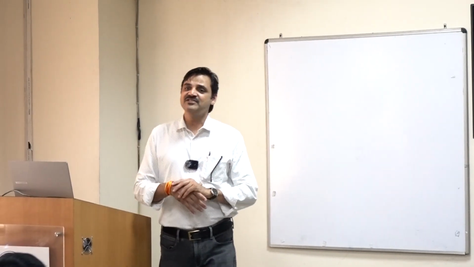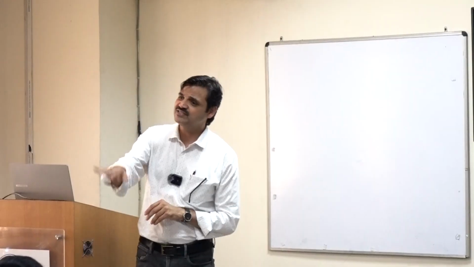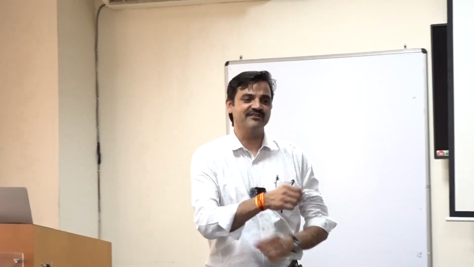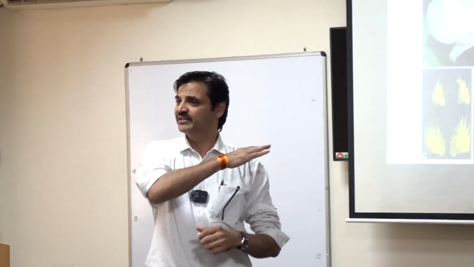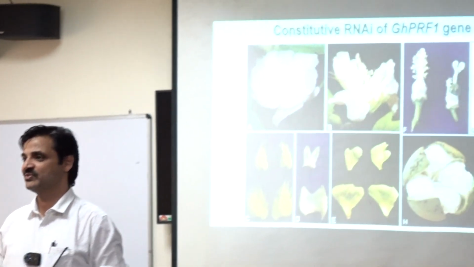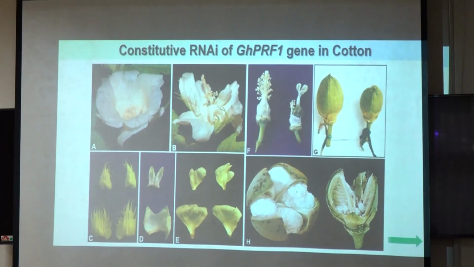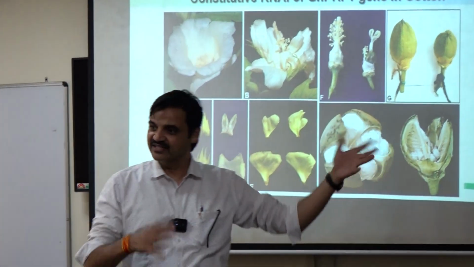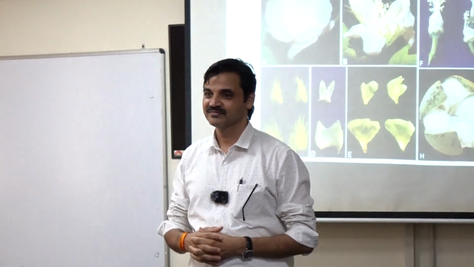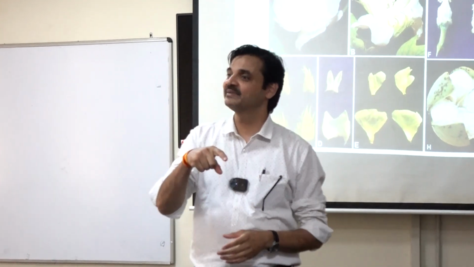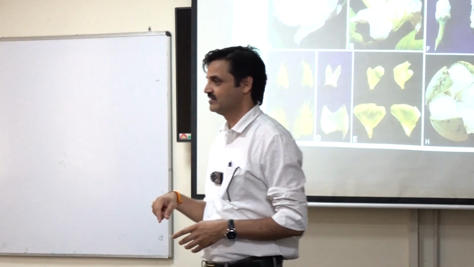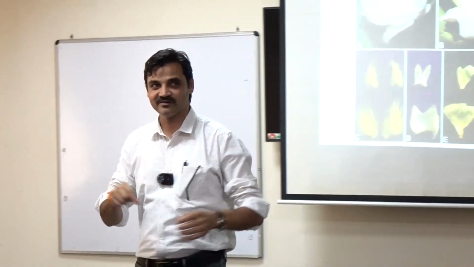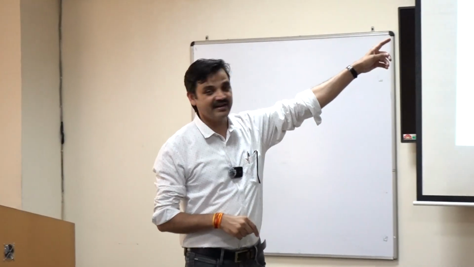So first he thought that if this gene is important, if we silence this gene, what would happen? This is a basic approach in plant biotechnology: if something is important, you remove it and let's see if the function is going on or not. If I am important in this hall at all, take me out from this hall and see if the lecture is going on, right? That will tell my importance at this moment. That is basically one experiment that we have performed, and we have taken RNAi.